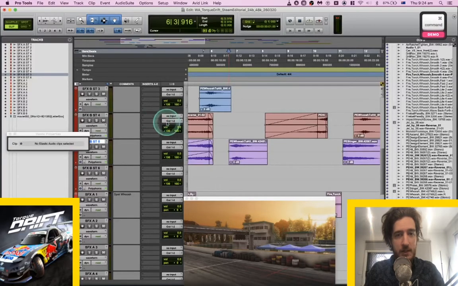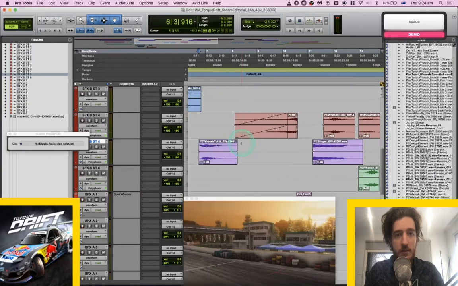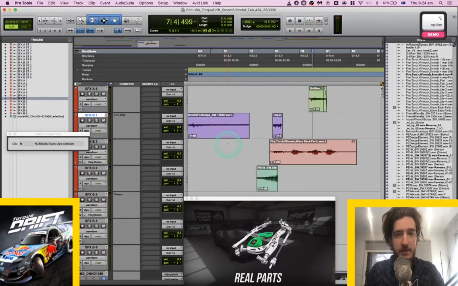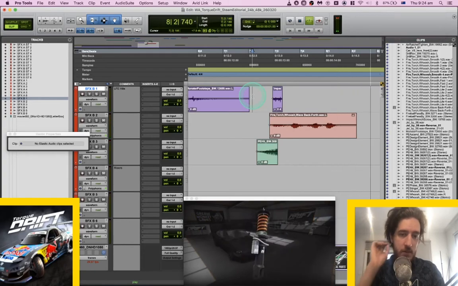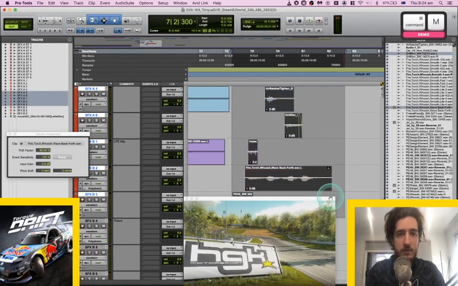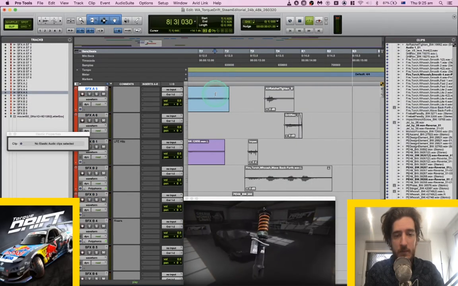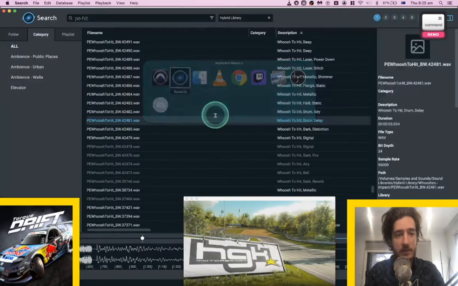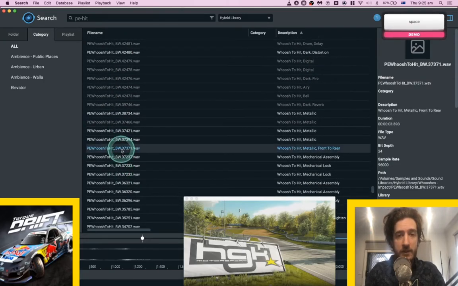Yes. 1,000 times yes. Alright, we probably need the rest of those little bits. Do they sound okay, do you think? Or we should just... Maybe we should just not do those. What do you think? And just do like a riser into that real cars. Real cars cooler than the parts, right? What do you guys think?